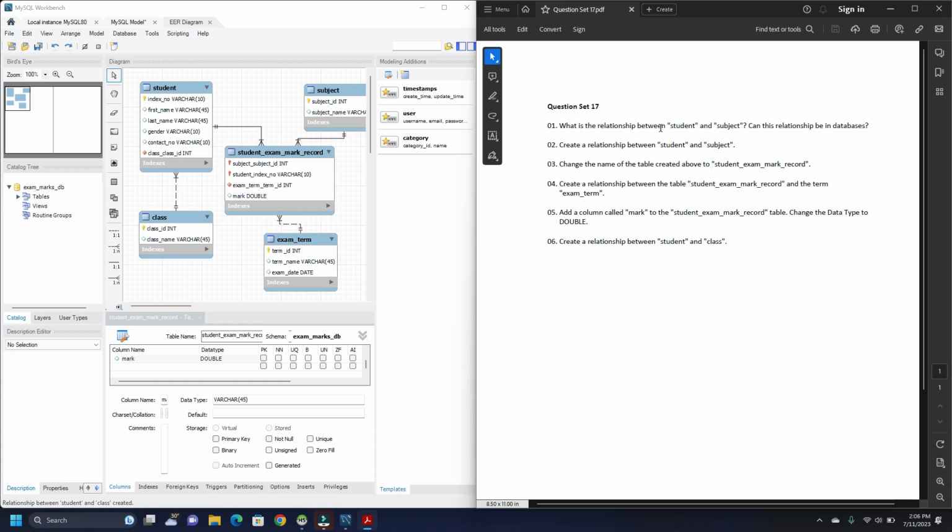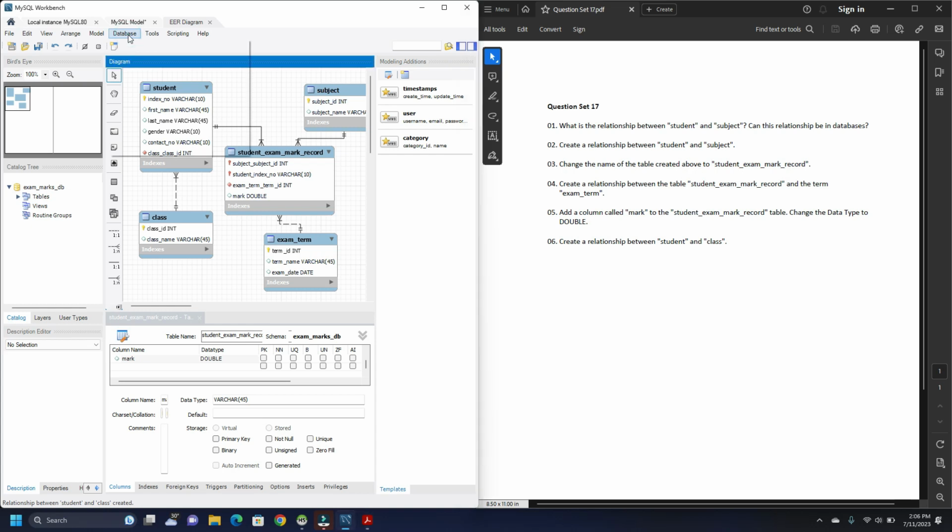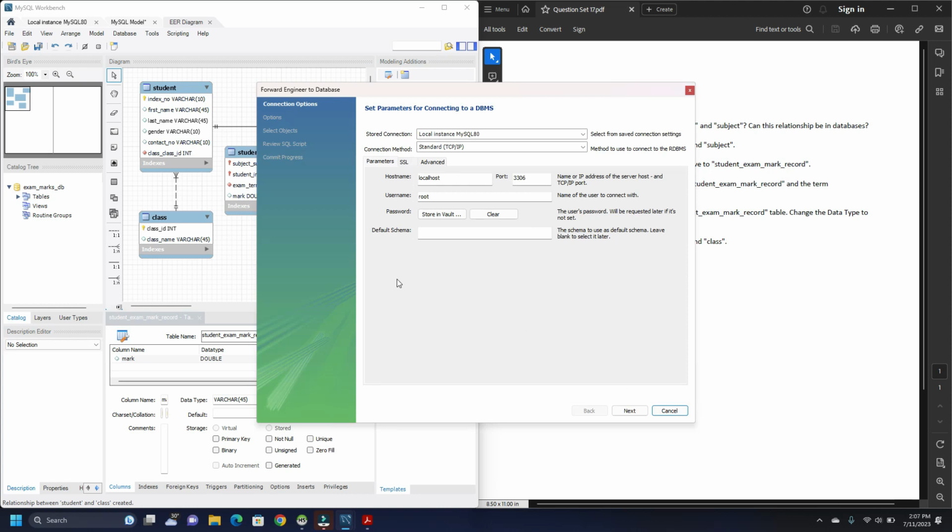Since I recorded the video of question set 16 and question set 17 back to back, I forgot to create the database by forward engineering the database. So I'm gonna do that now. So to do that, go to database and forward engineer. So I have the hostname, port, username and the password correct here. So all I have to do is click on next,